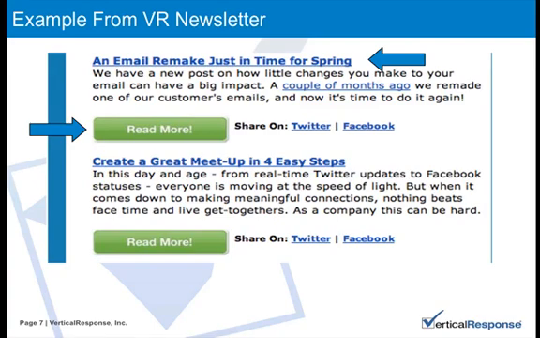So here's an example of some of the things I just talked about from our newsletter. Again, this is what I was talking about. We have the call to action buttons, and they say read more. We've also set up quite a few links in here. So you'll notice the start of each paragraph has a link where our readers can go and read more online.